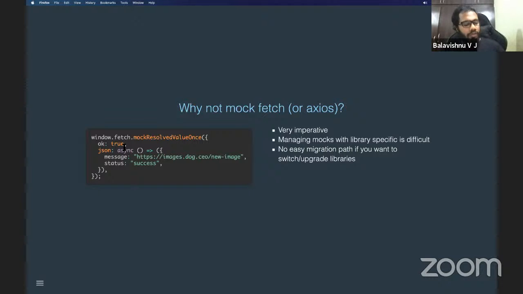So not only if you want to switch libraries, but even, let's say tomorrow, a library you're using, let's say Axios, comes up with a breaking change. It would be very difficult for us to realize that things are breaking if a version upgrade had breaking changes, and your mocking library might not be mocking the way it has to. Your test might still be passing, because you're mocking the entire library itself, and your application might be breaking. So that's a false positive. So that's what we want to focus on, why MSW